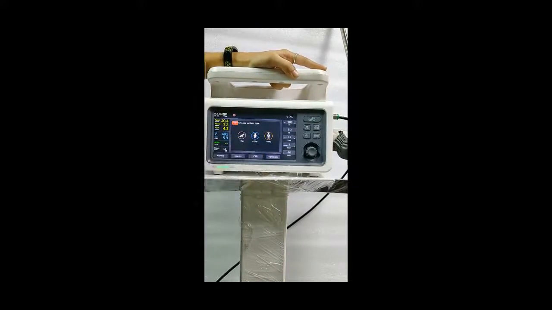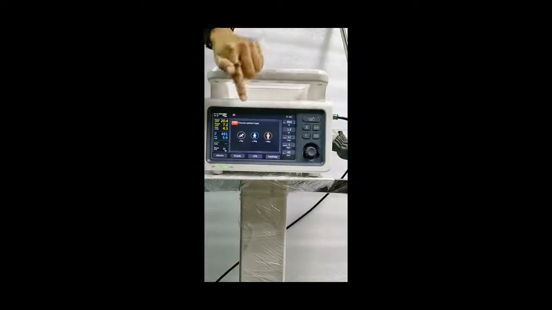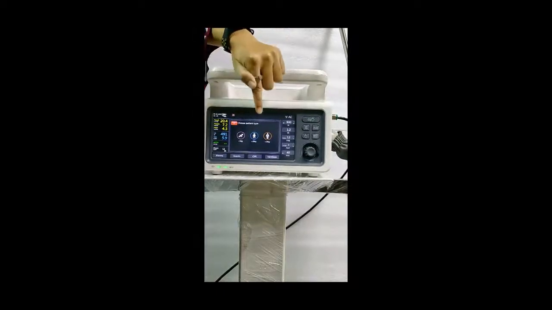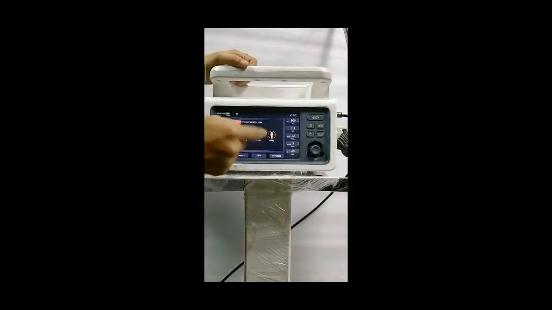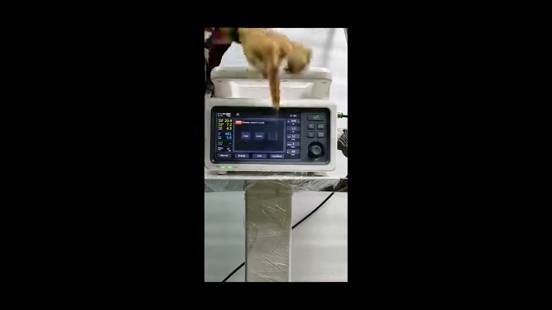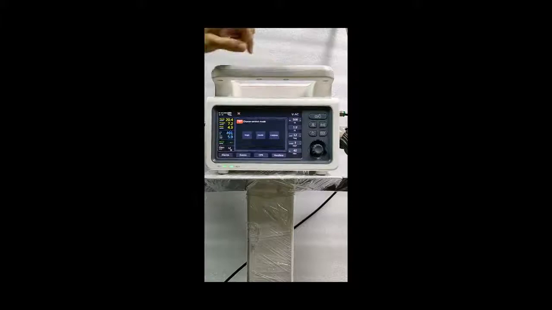Choose patient type. So here the patient selection window is given. 3 patients can be selected: neonate, pediatric, and adult. So here I am selecting adult patient. Control mode. So 3 control modes are given: single, double, and continue. In single control mode,